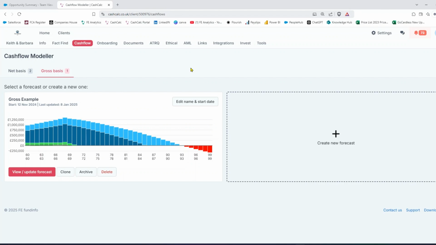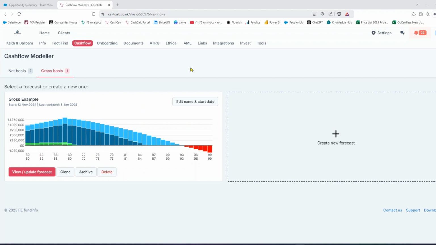And the main difference, a good way of explaining this, is if I'm working with a prospect and their income is say 50,000, using the net modeler, I won't put in 50,000 because I've clearly got to account for the tax. So I'm going to be putting in their take-home pay, which might be 40,000. Whereas the gross model, I don't need to worry about that. I can just tell the system that my prospect earns 50,000, and it knows the taxation regime underneath, and it will then just work that out for me, and then just essentially use 40,000 moving forward.